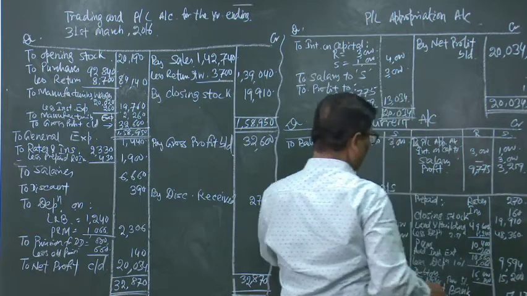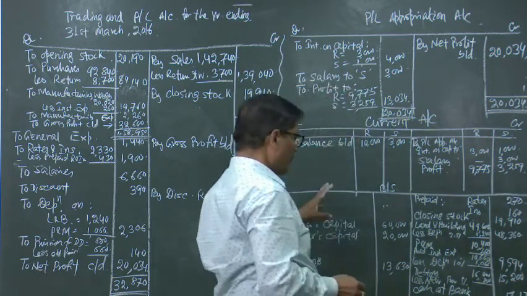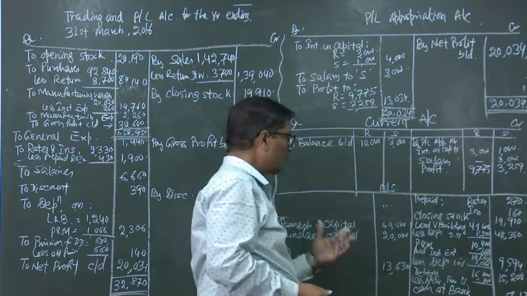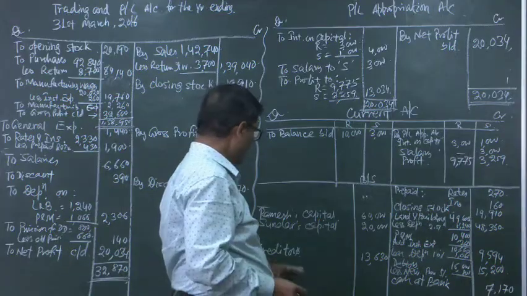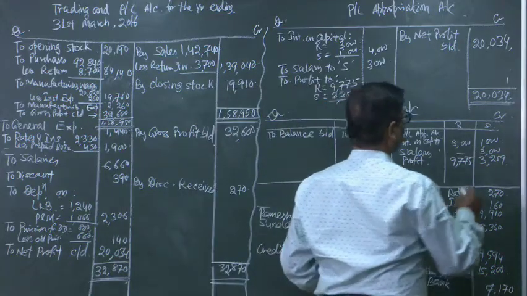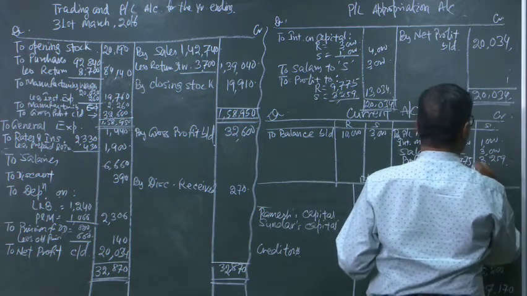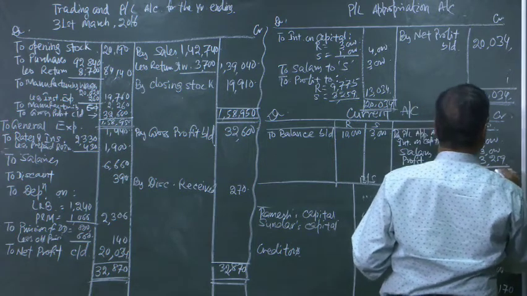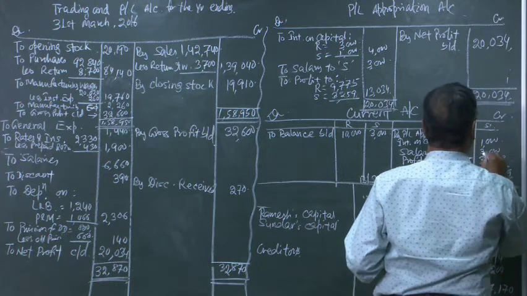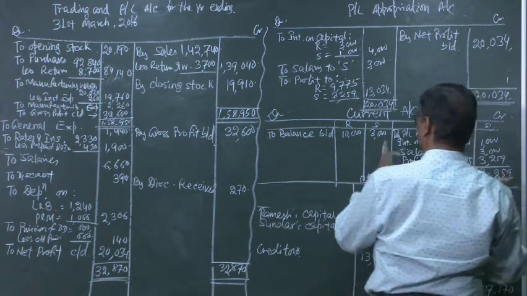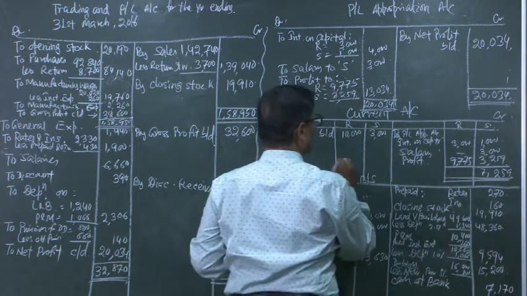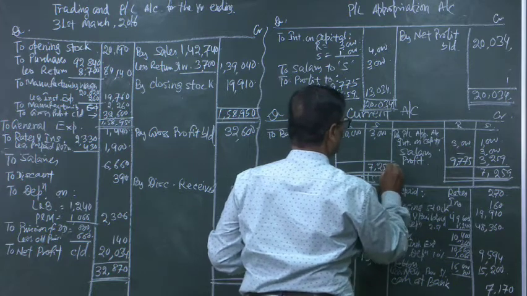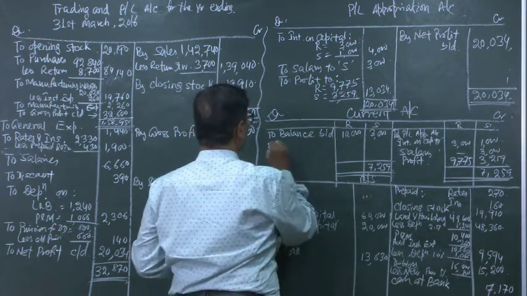Then we can close the current accounts and the balance will be transferred to the balance sheet. If it is showing a debit balance, it will be shown in the asset side of the balance sheet. If it shows a credit balance, it will go to the liability side of the balance sheet. So, let us now calculate. It is coming to 7,259, debit side is only 3,000. So, this is the higher amount, we can write 7,259. So, the difference is to balance carried down,